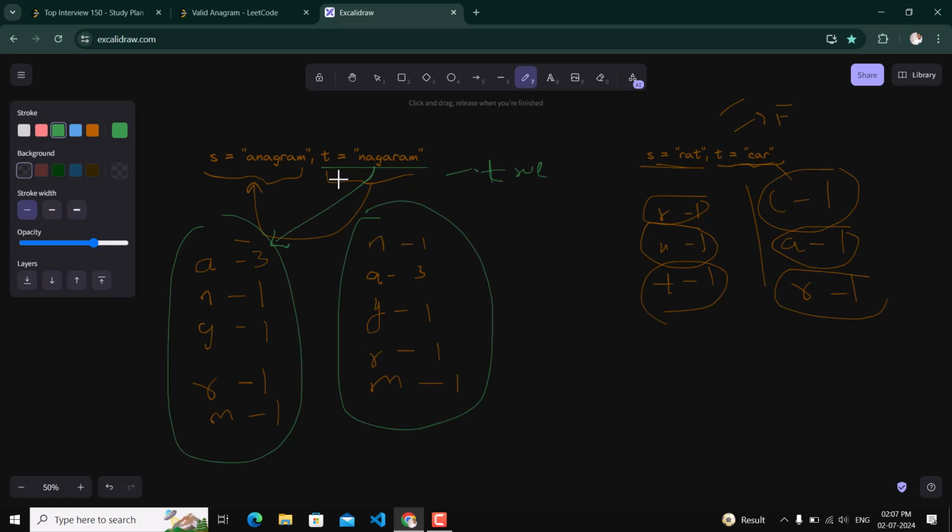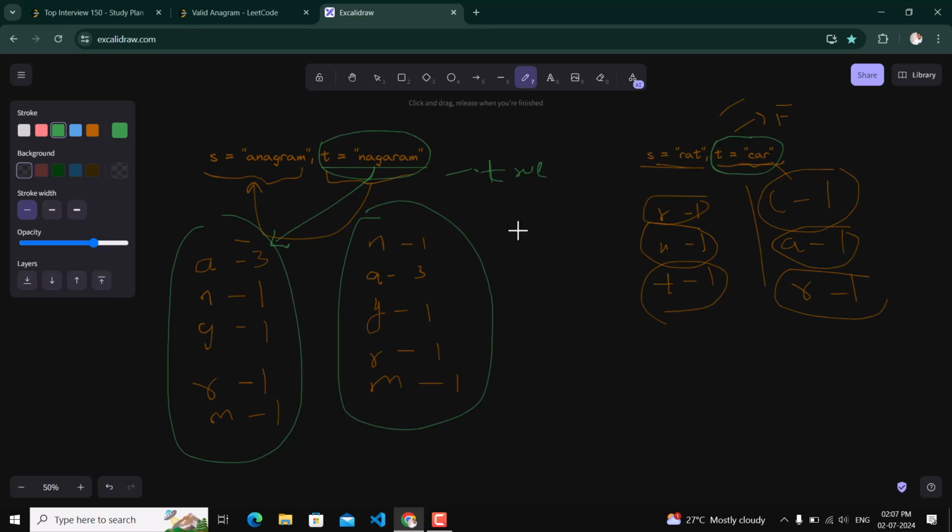So now for the solution approach, straightforward, to say that t is an anagram of s, or that t is not an anagram of s, we have to check whether the characters contained in this string have the same frequency as in the original string.